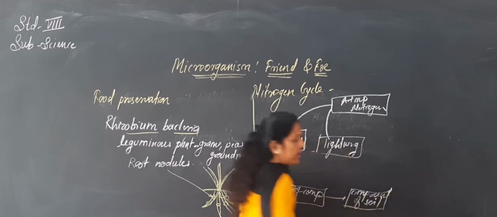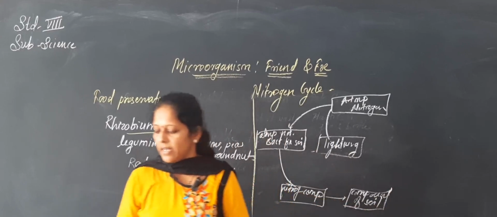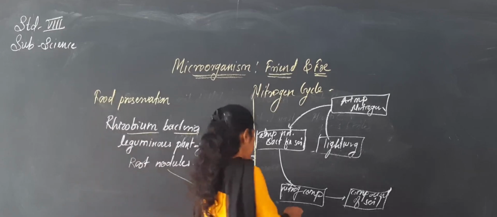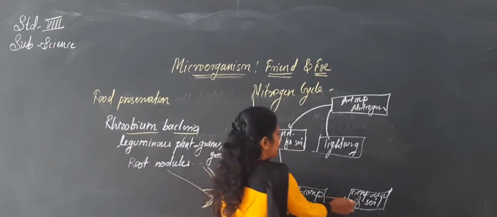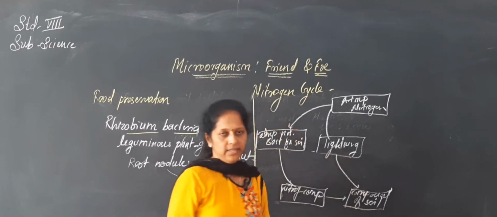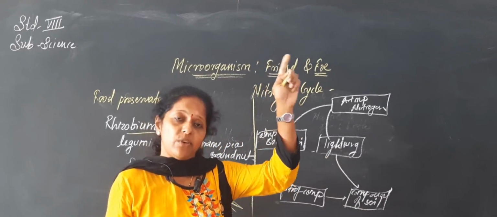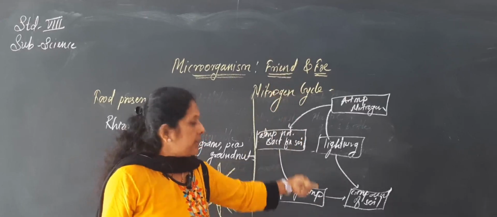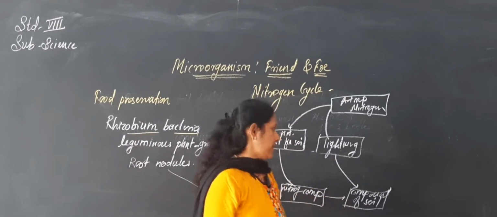In the soil it will come in the form of nitrates and nitrites, compounds of soil nitrogen. So here the fixing of the nitrogen converts it into nitrates and nitrites that mix with the compounds of the soil, and also through lightning. When lightning occurs, the oxygen and nitrogen in the atmosphere mix together, forming nitrates, and they come through the rain into the soil and mix in the soil.